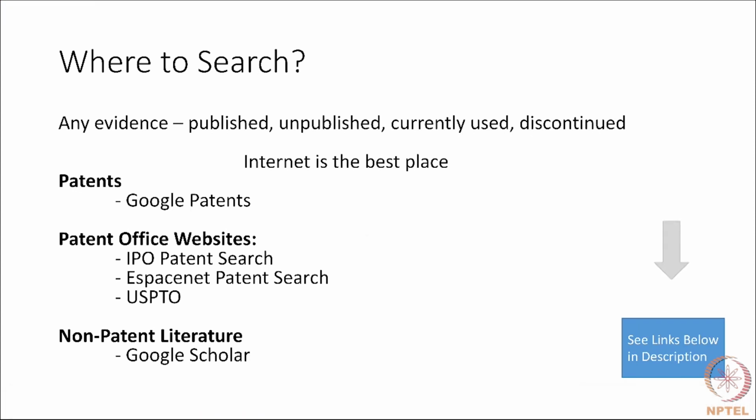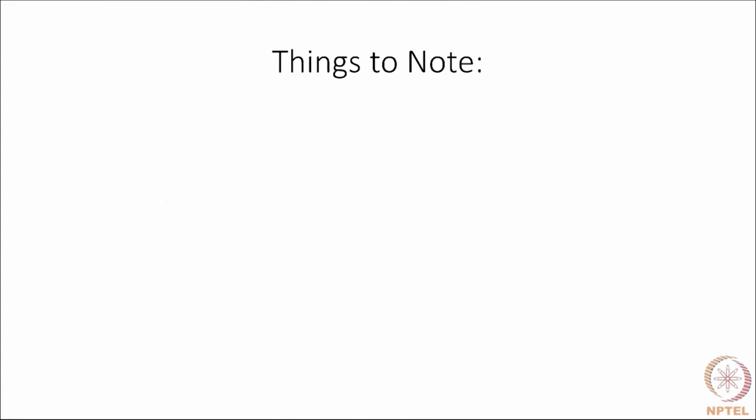Now, apart from this, you could generally do a patent or a non-patent literature search in any library where these documents are stored or in any place where you can have access to the hard copies. But knowing the way in which technology has progressed, most of the patents that have been granted dating back to some of the old records are also available. For instance, the patent office in the United States has searchable records since the 1970s. So you can go back till the 1970s for a free text search.